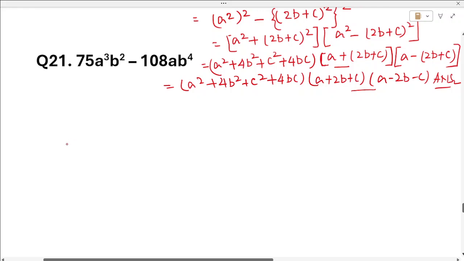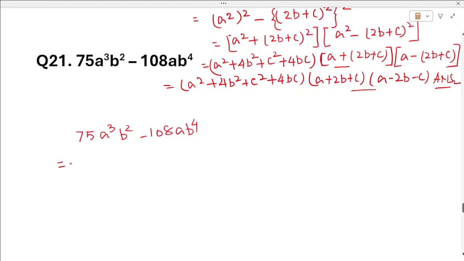Question number 21 says 75a cube b square minus 108ab to the power 4. Okay. Now, what is the common between 75 and 108? Yes. Can we take 3 common out of this? Yeah, 3 can be common. If we have taken 3 common, then